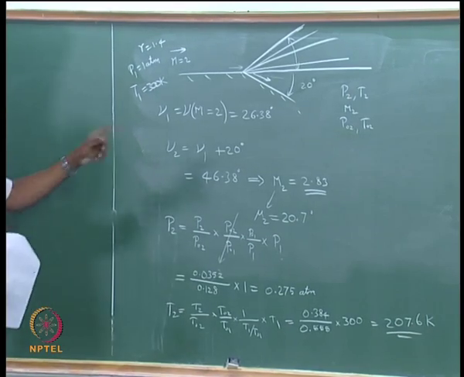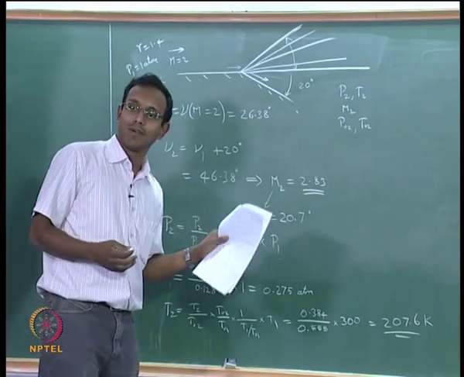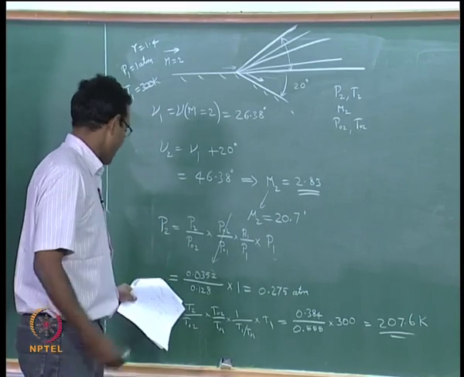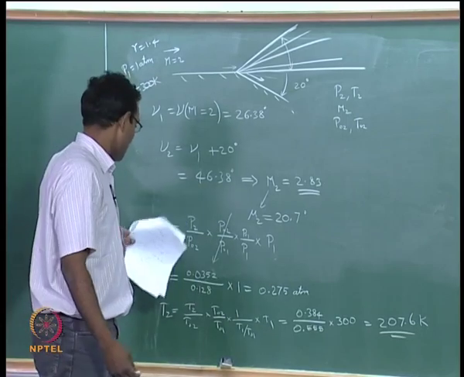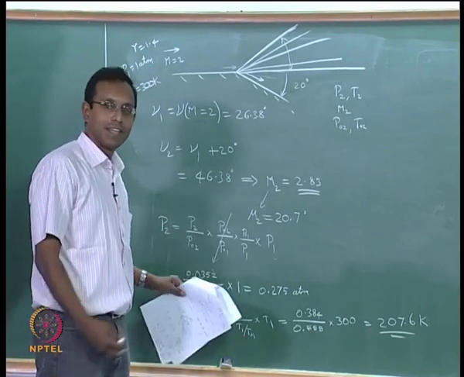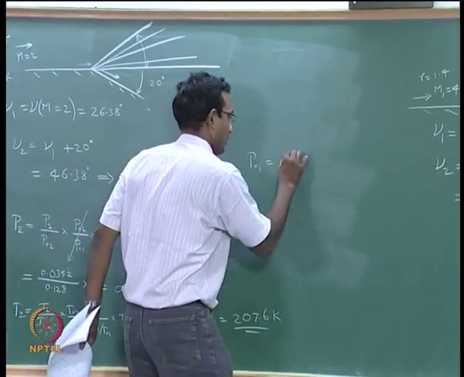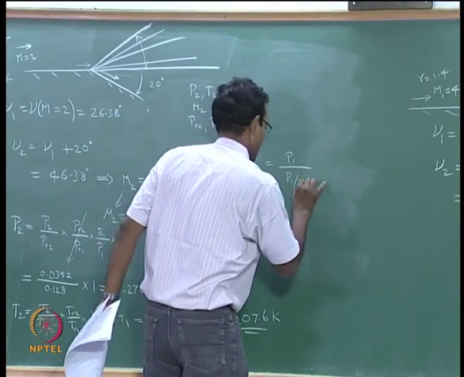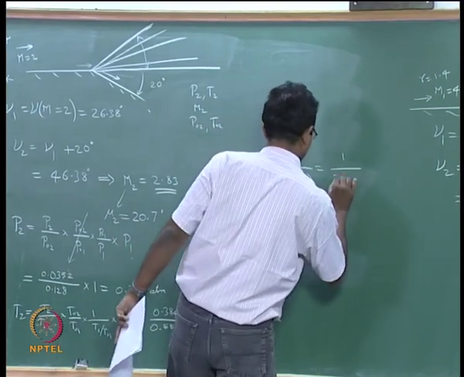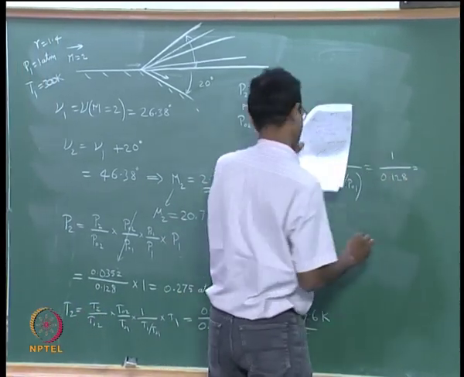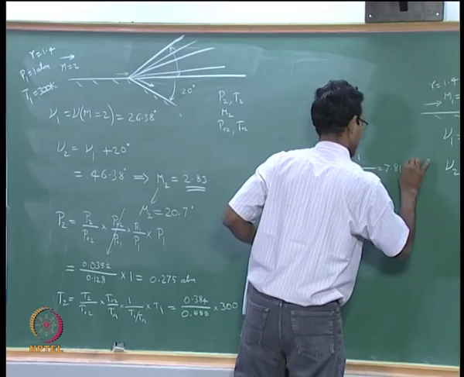Now, the remaining thing is finding T02 and P02, that is what is left. It is not very difficult, it should be the same as T01 and P01. We have numbers for all the ratios. I have T2 by T02 or P2 by P02, or the same thing for case 1. Any one of them I can use, let us say I use P1. So, P01 is equal to P1 divided by P1 by P01, 1 divided by 0.128, which happens to be 7.81 atmospheres.